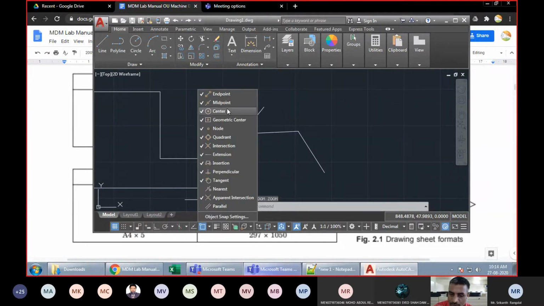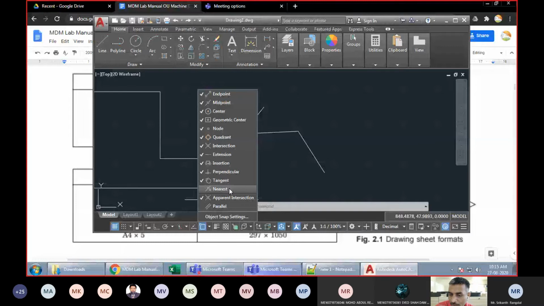Now there are various options in object snap. You can see these are the options. You can have the endpoint, midpoint, circle center, geometric center of particular objects like a rectangle or a block. Then there is node, quadrant. A circle has 4 quadrants. You have intersection point. You have extensions of the line, which also you can choose. Then there is insertion point of blocks. We will discuss more about blocks in the coming classes. Then there is perpendicularity option, that tangent option to the circle. Nearest option, you can see that nearest option has been turned off.